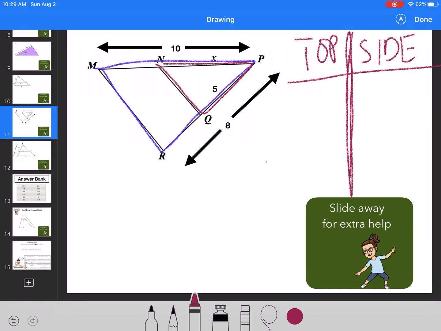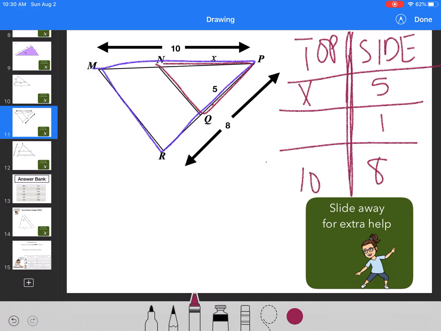Okay, I don't want to start with the top because that's where the X is. So I'm going to start with the side. So I'm going from 5 and then to 1 and then to 8. And then I'm going to match that by putting the X here because they go together because they're both in the maroon. And then 10 is going to go over here because it matches the purple triangle. So now